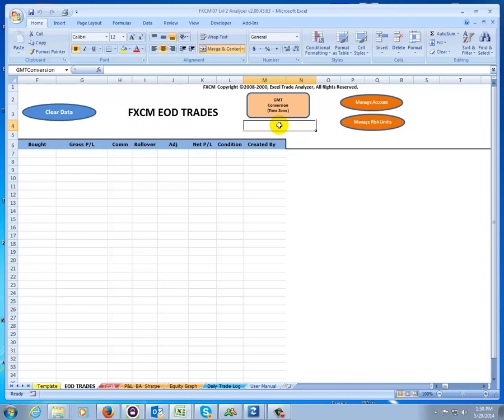If you're getting it in Greenwich Mean Time, then I need to set my time zone accordingly so it will convert the date timestamp to my local time zone. It's easier for me to see when I'm getting in and getting out of a trade. I'm in Central Time Zone, Chicago, so I'll put just a -5 here, and it will convert